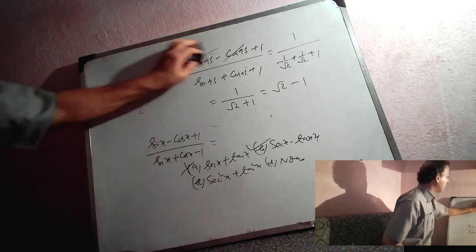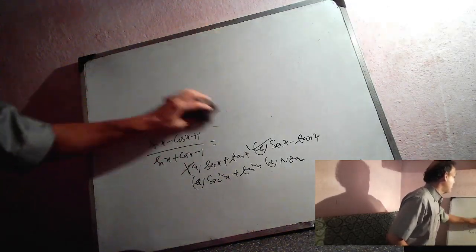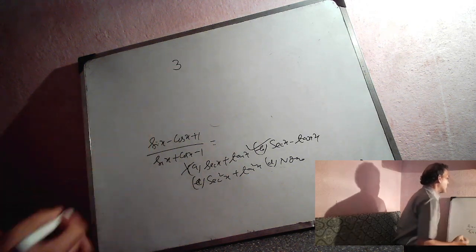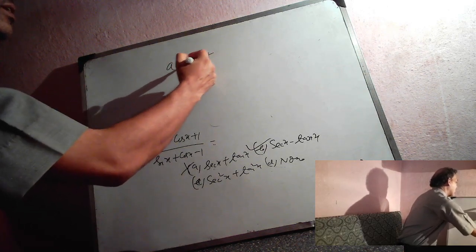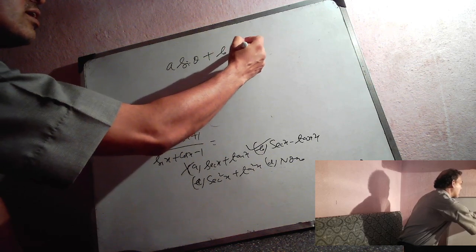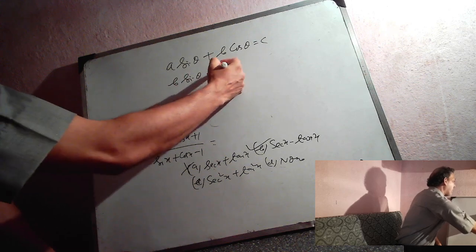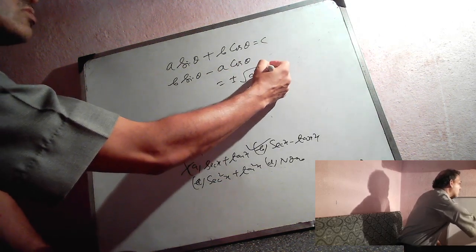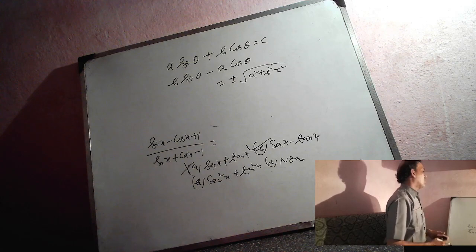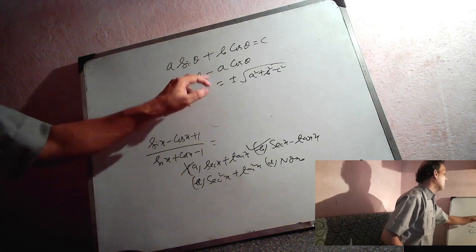Next, let us try another one from the previous class, lecture 1. I had told you this formula. In lecture 1 it was discussed, when a sin theta plus b cos theta equals a given c, then b sin theta minus a cos theta will be plus minus root a square plus b square minus c square. How will you prove it? If we assume this equal to x, then squaring and adding, we can easily prove this.